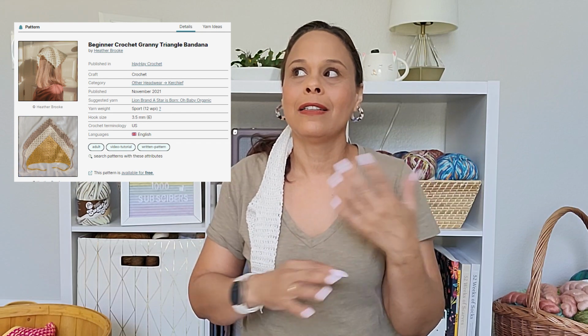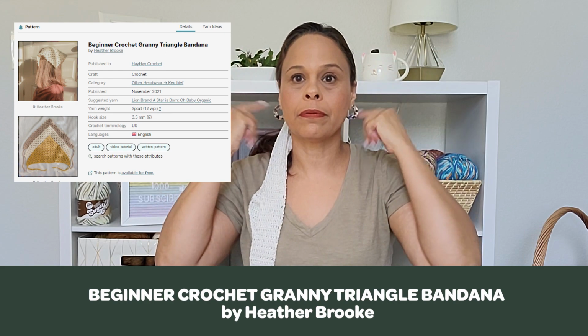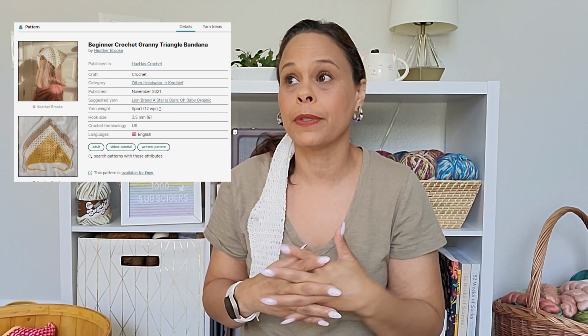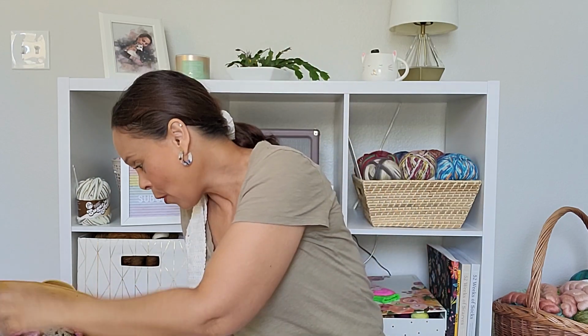Okay, this I've made. So this one, switching from knitting to crochet, this is the beginner crochet granny triangle bandana. Last year, for whatever reason, I went on this kerchief, headscarf spiel, and I was like, oh, I really want to try to make one. I kind of get it. Why? Because I can't wear headbands. I have the world's tiniest head, and when I wear headbands, they literally just slide right off the back of my head. And so I thought maybe the bandana would be a cute alternative. And so I made